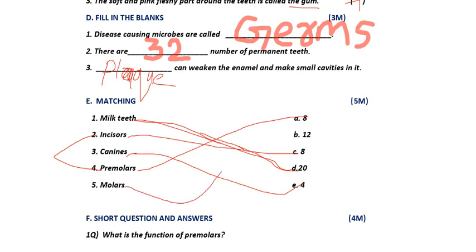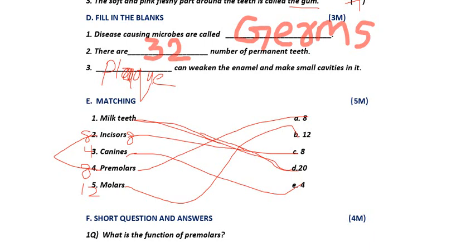12. In total there will be 4 types of permanent teeth. First one is incisors, second one is canines, next one is premolars, next one is molars. How many incisors will be there, children? Incisors will be 8. I am writing here. Second, canines will be 4. Third one, premolars again 8 only. Both incisors and premolars are 8. Last one, molars, how many will be there? 12. 6 will be in the upper jaw, 6 will be in the lower jaw. Now I am writing answers here also.